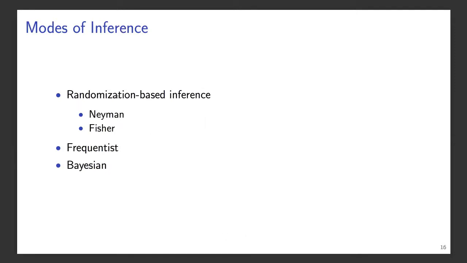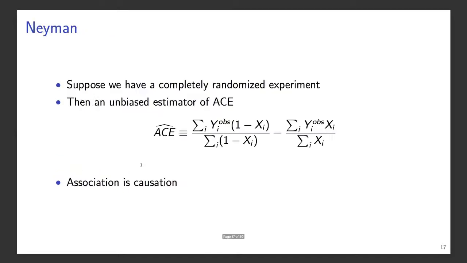effect? I want to touch briefly on randomization-based inference and mention a few classic results due to Neyman and Fisher, and then move to frequentist inference. I won't talk about the third mode of inference, the Bayesian approach. So first, let's consider the ideal situation where we have a randomized experiment. Suppose it's a completely randomized experiment, just meaning that the number of individuals who receive treatment is fixed ahead of time. Then Neyman, back in the 1920s,